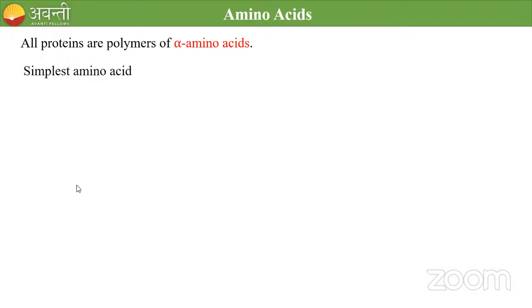What are amino acids? All proteins are the polymers of alpha amino acids. This is a very important point you should know. Proteins are the polymers of alpha amino acids. Starch is a polymer of alpha D-glucose, right? In the same way, proteins are the polymers of alpha amino acids. The simplest amino acid is called